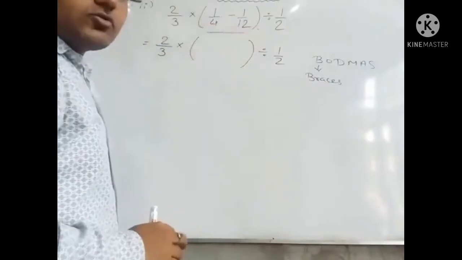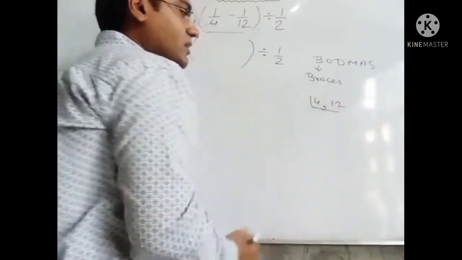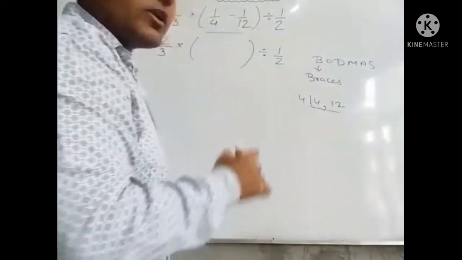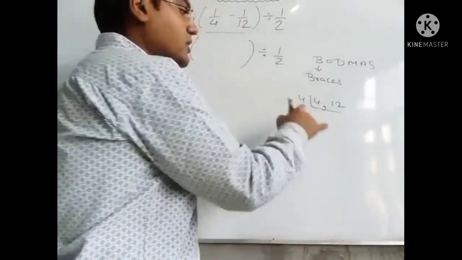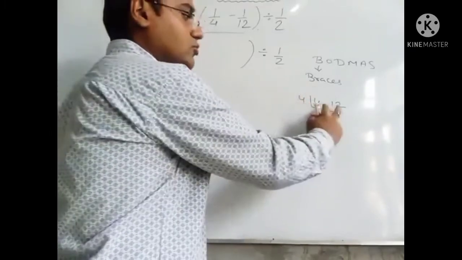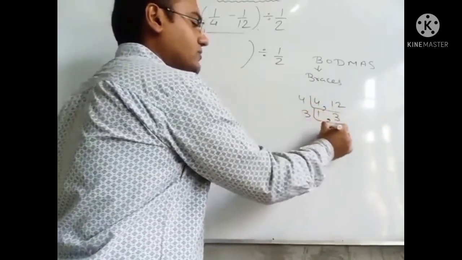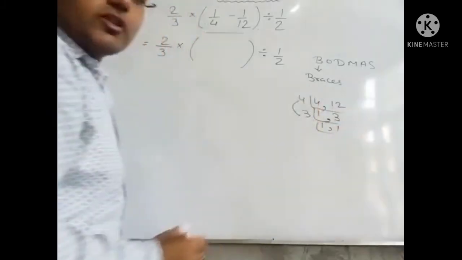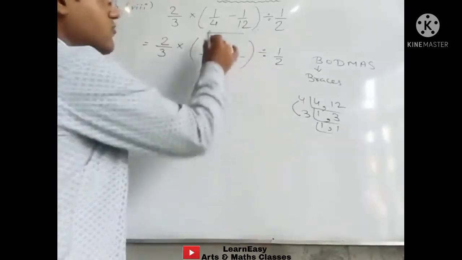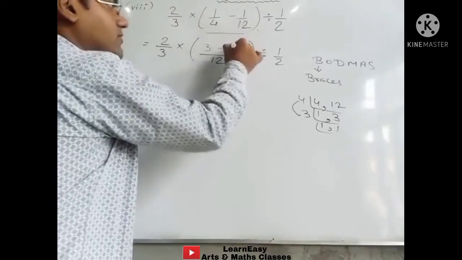In order to subtract these two we have to take the LCM. The shortcut way to take the LCM is: these two numbers are coming in a table of 4, so we will divide them with the table of 4. This is the short way. You can divide by 2 also, but in order to save time, we will divide by 4 because both are divisible by 4. 4 ones are 4, 4 threes are 12, and now 3 ones are 3. So 4 into 3 we will do, then the answer will be 12. So LCM we are getting here 12. 4 threes are 12, 3 ones are 3, minus, 12 ones are 12, 1 multiply 1 will be 1.